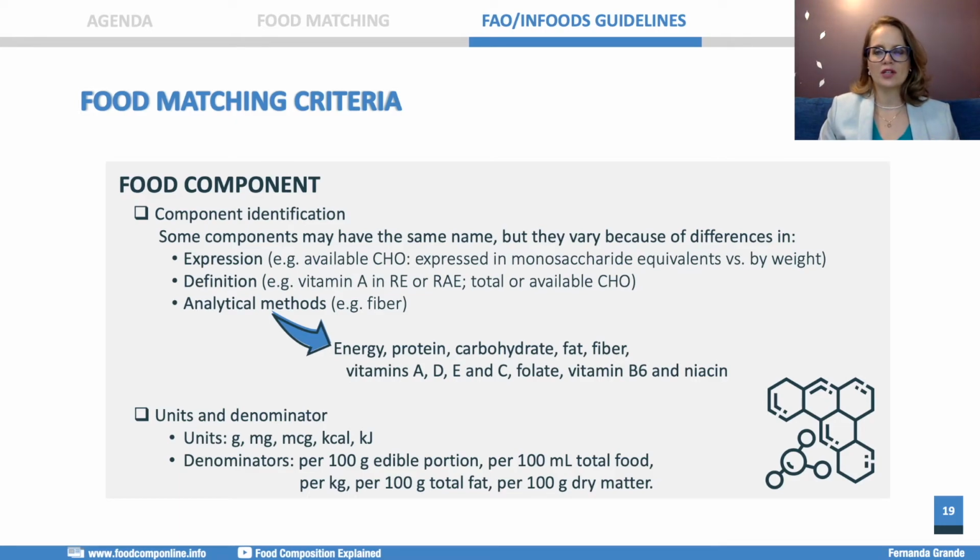So for fiber, for example, we can have crude fiber or the total dietary fiber, that are also completely different components. So we need to be very careful so we don't mix all these different components, because they are not directly equivalent. And thinking about the component identification, we need to be careful, especially with energy, protein, carbohydrates, fat, fiber,